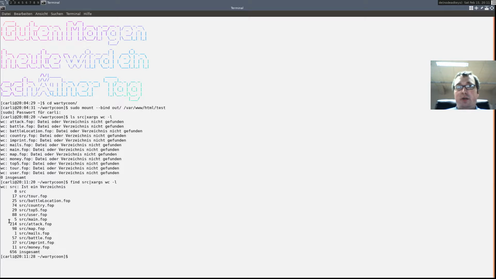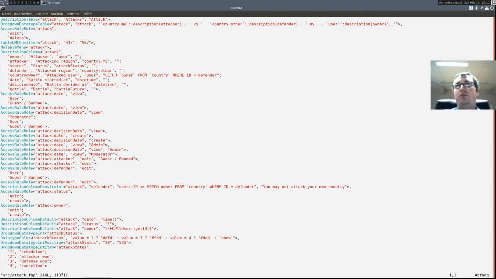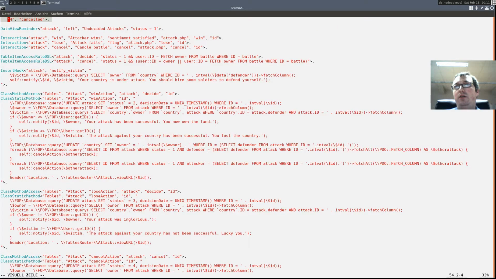Our file source attack is becoming quite large now, 214 lines of code. So let's see if we can split it. We have an attack, attack, attack. Then we can split here that we say source attack result.